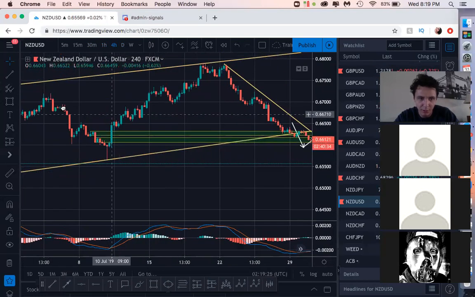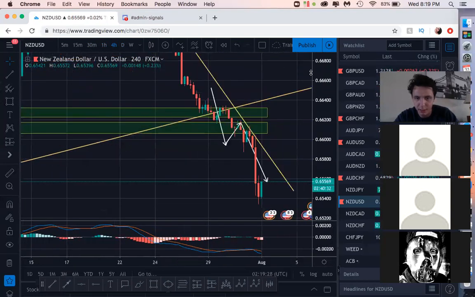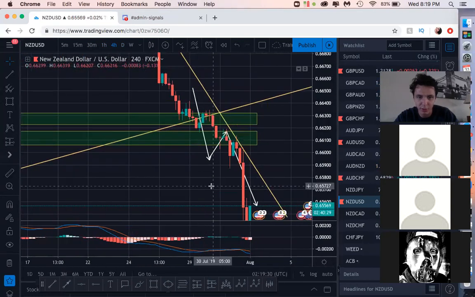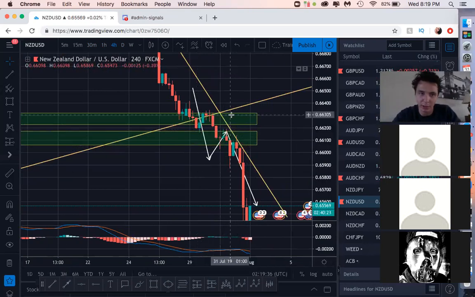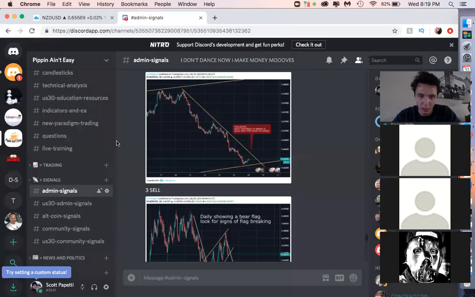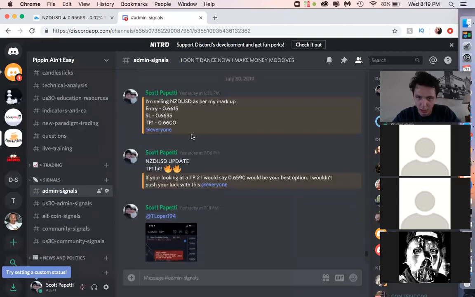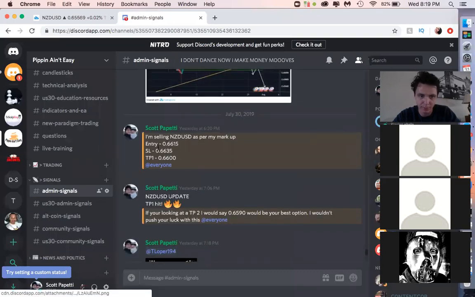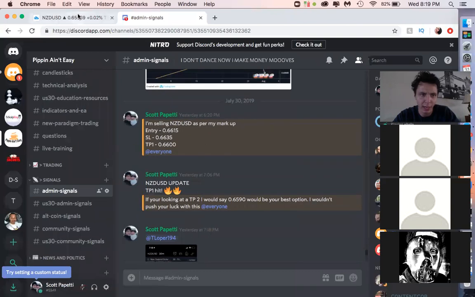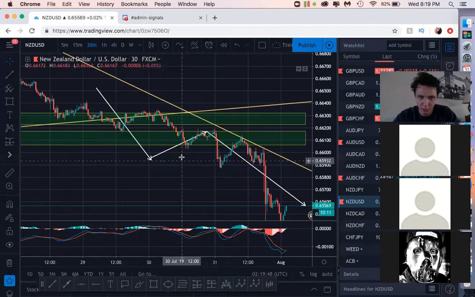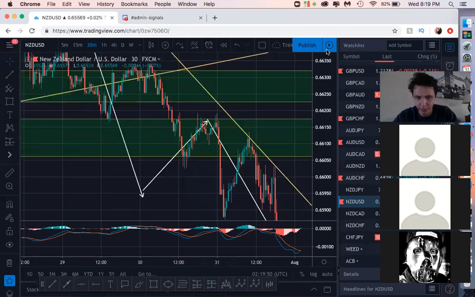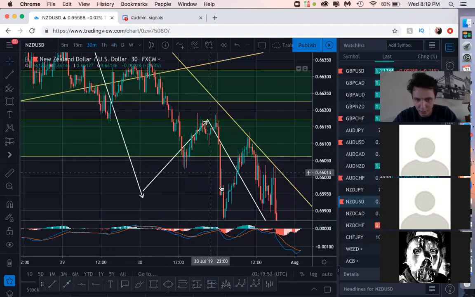That I was looking for a break retest on, and it actually happened quite perfectly to where I set up my arrows. So I was very, very happy when I was sending this signal out yesterday. Yeah, yesterday at 6. So I'll show you what I seen when I sent this out. So I was on the 30-minute yesterday at 6.